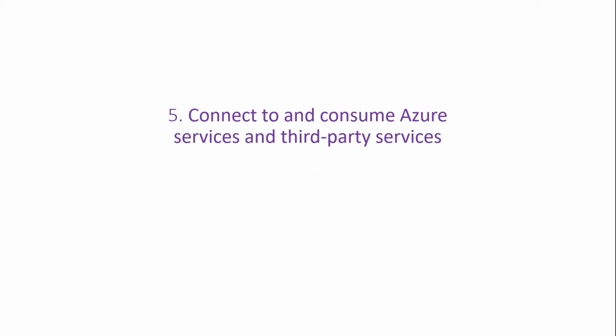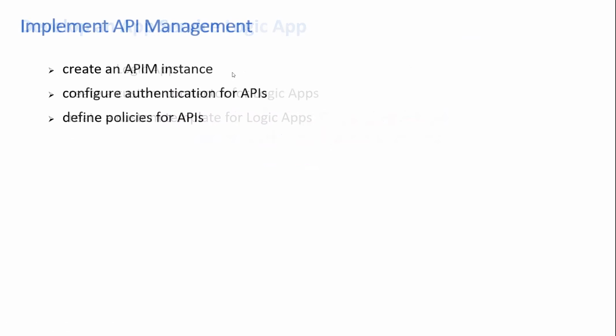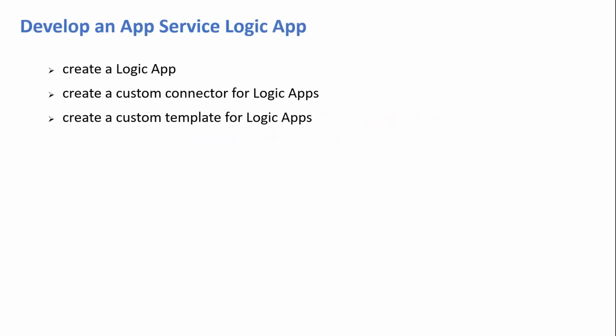Okay, so this is connect and consume third-party services. For example, think like you need to connect Google Cloud to the Azure Cloud. So how are we going to connect it? There is no direct way to connect. If you want to connect to someone other than Azure, we are going to get the help of